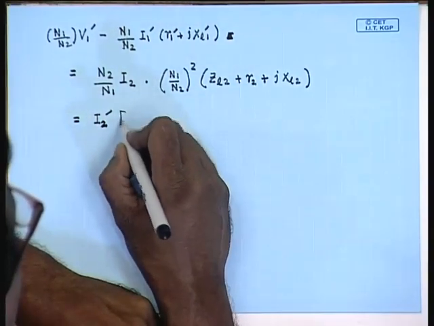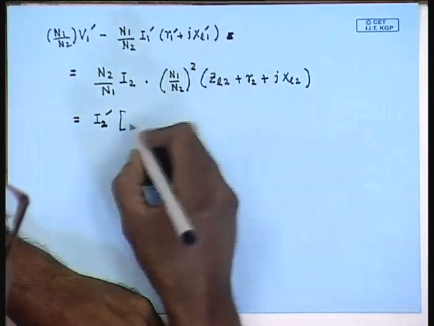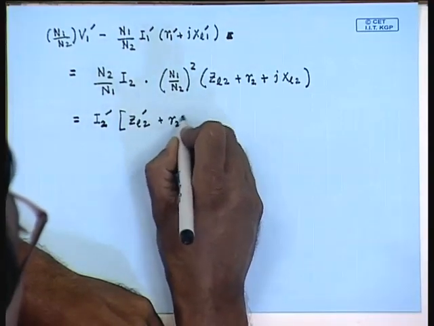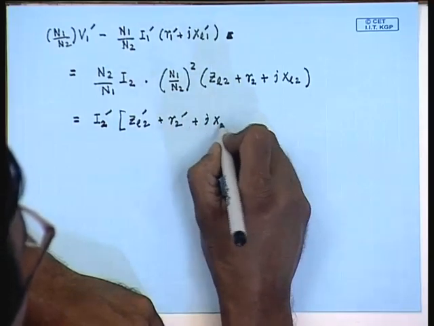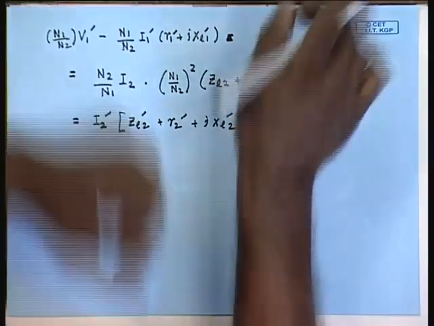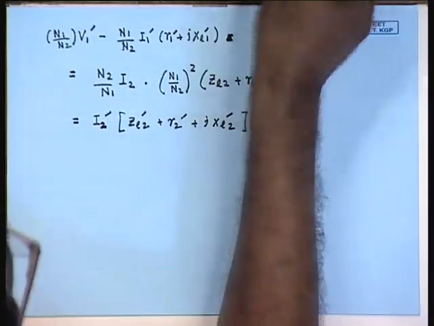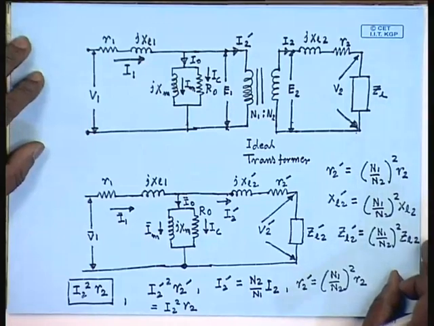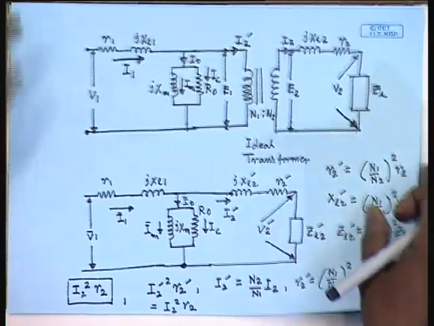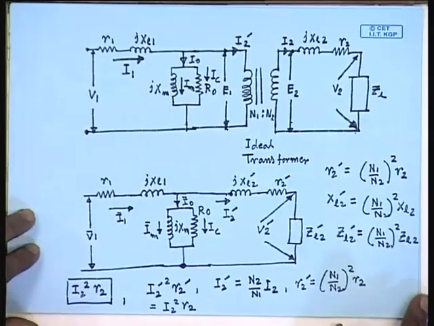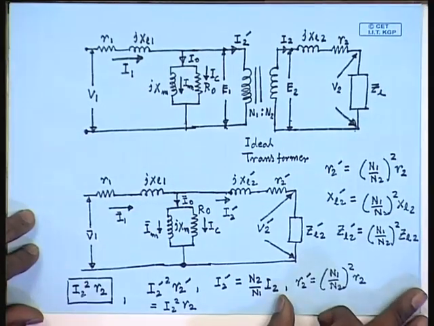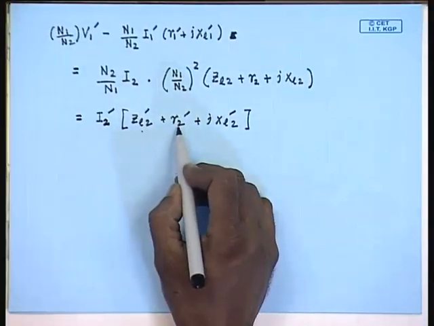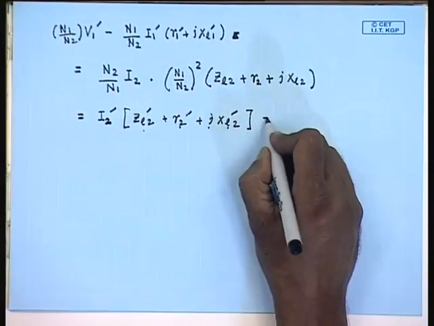And N1 by N2 square into these impedances are, however, from our previous discussion we have seen that this quantity I2 dash into ZL2 dash into R2 dash plus jXL2 dash, this is equal to E1